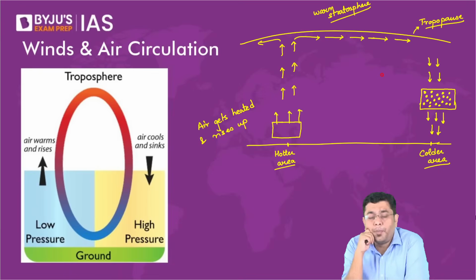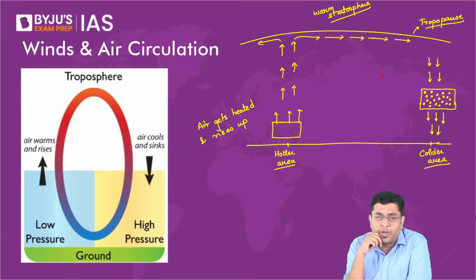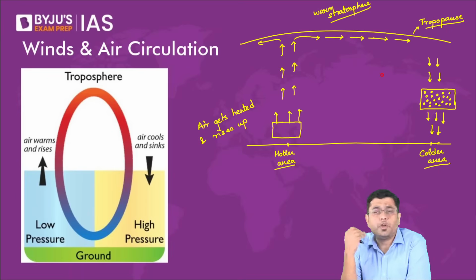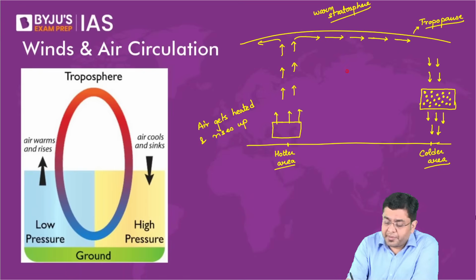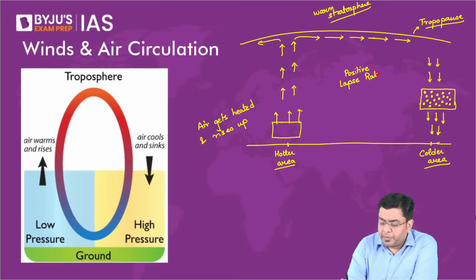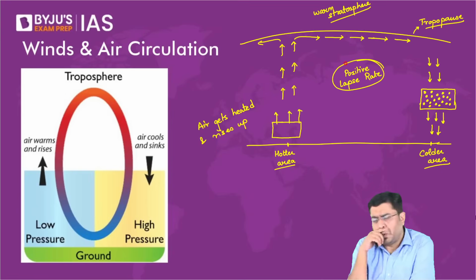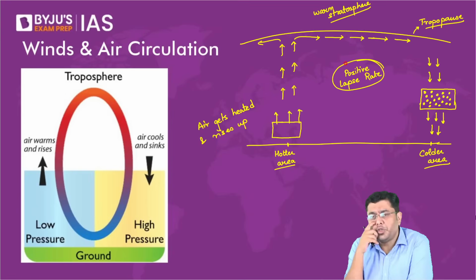Basically, the top of the troposphere will have very low temperature. The temperature range at the top of the troposphere is somewhere around -60 to -80 degrees Celsius, because in the region of the troposphere we have a positive lapse rate. So at the top of the troposphere we have a very, very low temperature, close to the range of -60